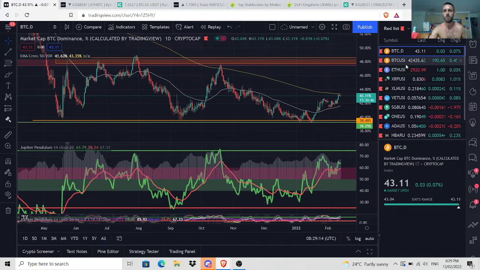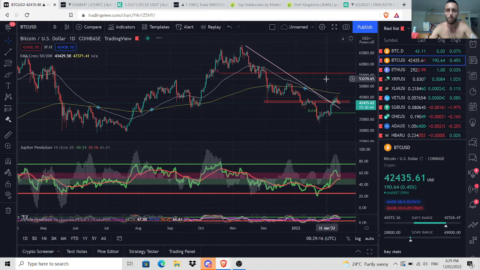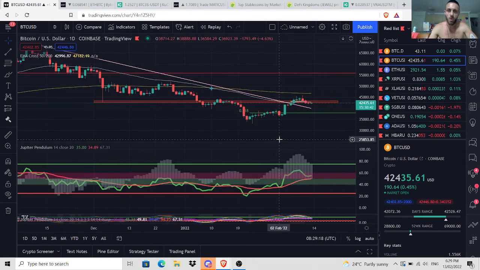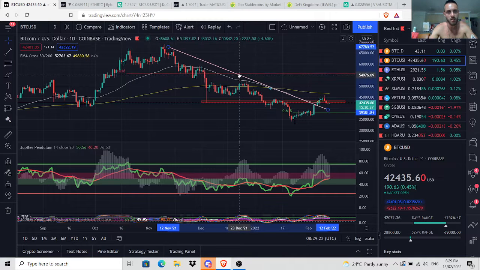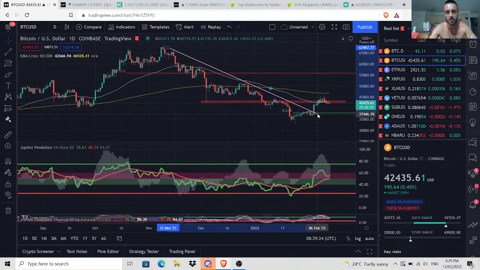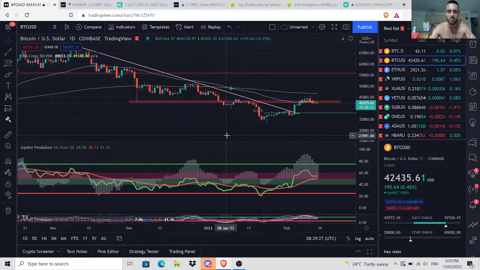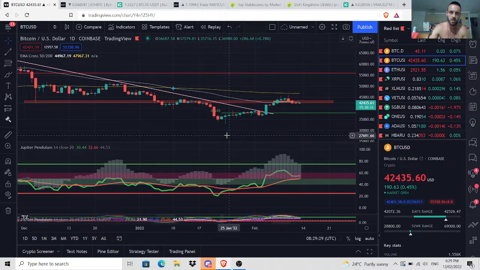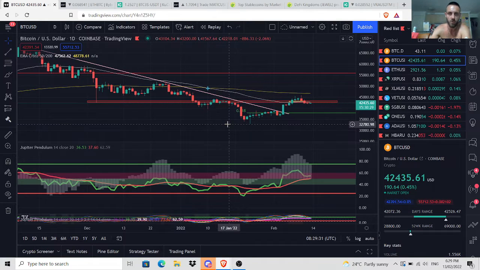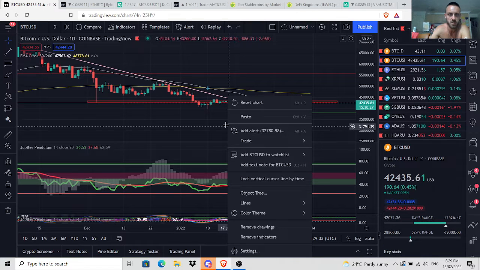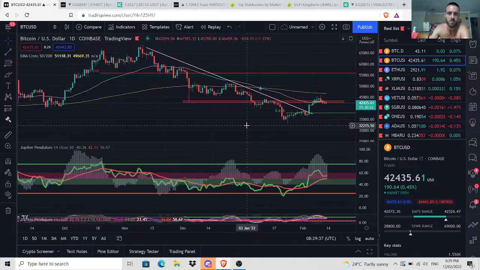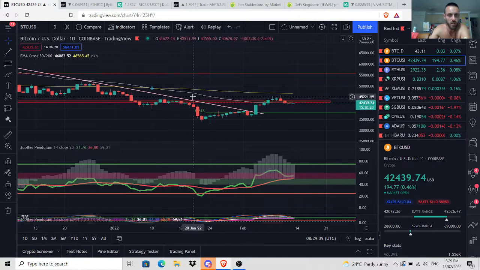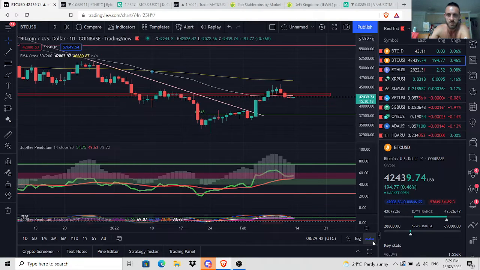Okay, so that's just real quick on the dominance chart. We're looking at Bitcoin, all right? This is the downtrend. We've broken out of resistance quite clearly. Okay, we can even make that really tight. We've evidently broken out of resistance. And now, what kind of structure are we making, all right? So if we just clear up, first of all, this red bar, okay, that was our resistance. This white line, the 50 moving average, that is also a resistance.